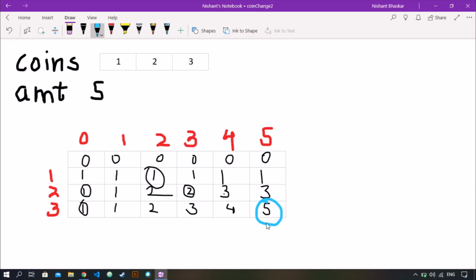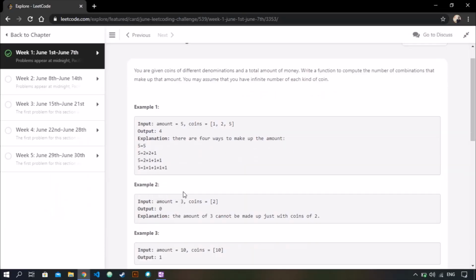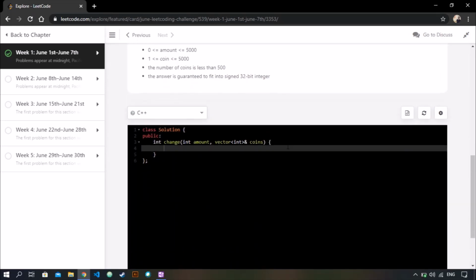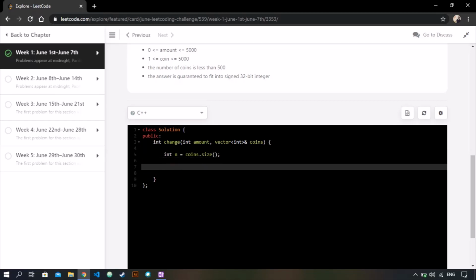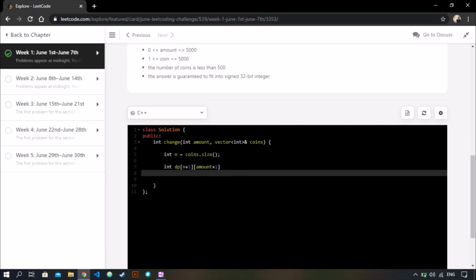So in a total of 5 ways we can make a total amount of 5 by using coins of denominations 1, 2 and 3. Okay, let's just code this. So here take n to be the size of coins and initialize our matrix as n plus 1 by amount plus 1.